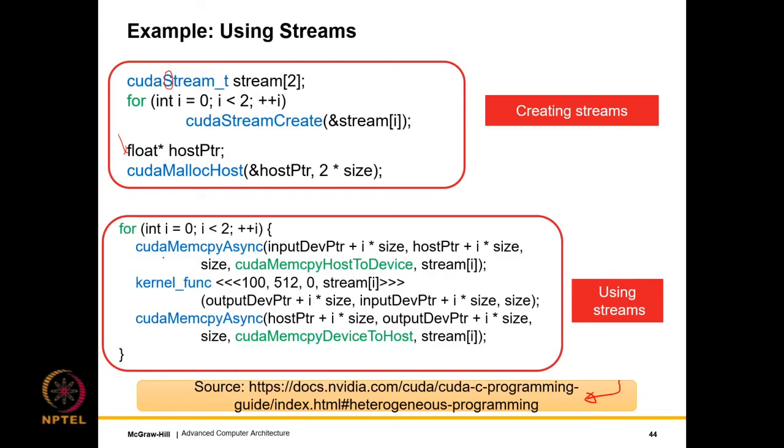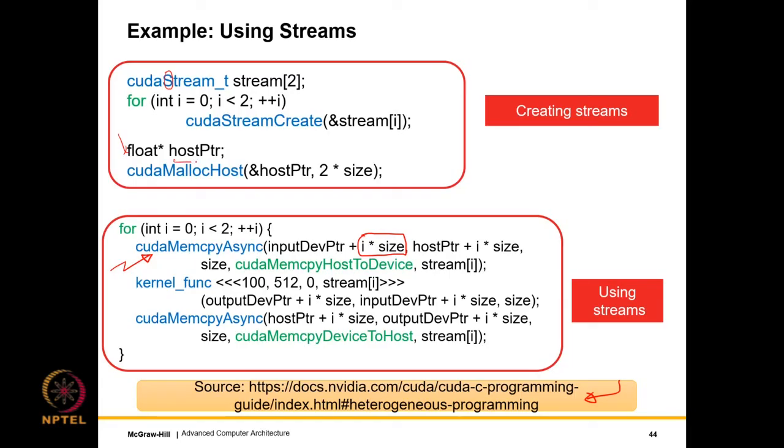We do a cudaMemcpyAsync. cudaMemcpyAsync is just an asynchronous memory copy, which means that this is not tied to other actions. So this is essentially what gives the streams the independence. I'm not showing the rest of the code because the rest of the code is shown over here. But basically, we are doing a memcpy from the host to the device. This is the device pointer, and the offset on the device pointer is i times size. Initially i is 0, so this is just going into the device pointer.